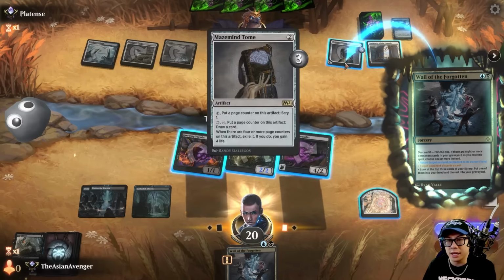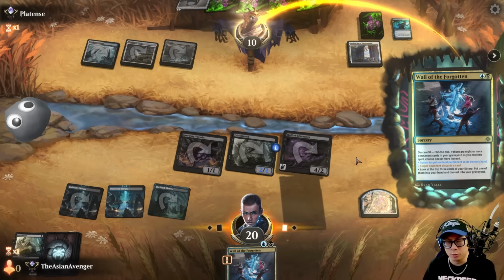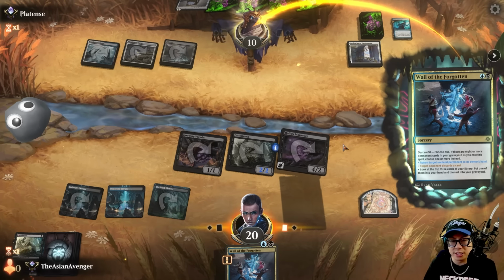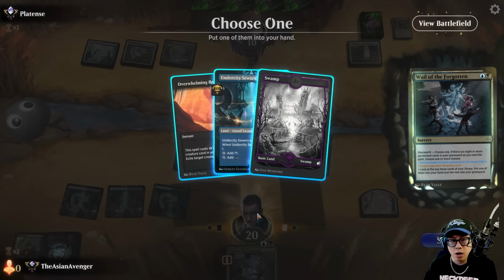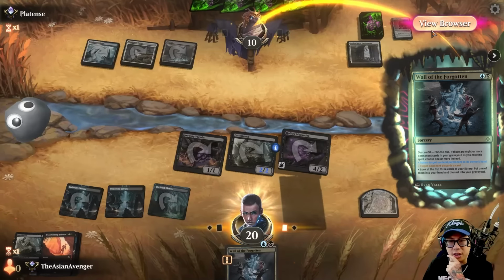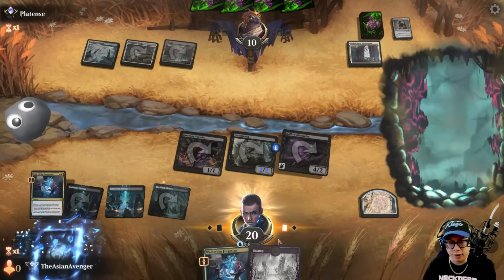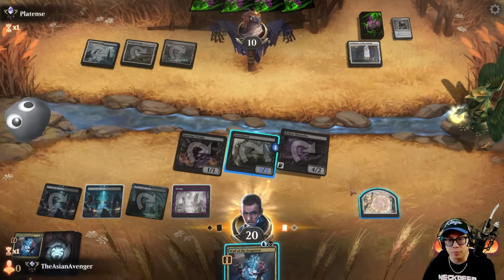Do all the 3. I'll bounce the Mazemind Tome. The opponent will discard, of course. Then I'll look at the top 3 cards, do some shenanigans. Oh, well, actually, do I care about any of this? I guess I can juice them of another card. Oh, actually, I could do this. Hold the phone. Hold the phone. I can now play...